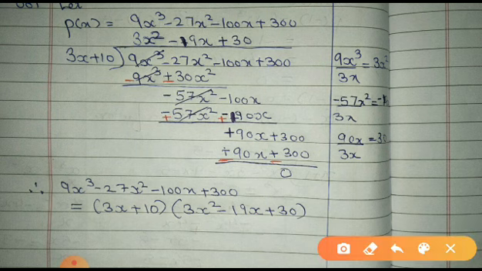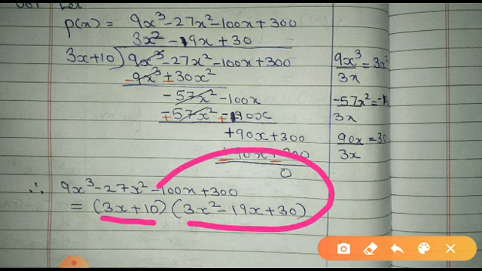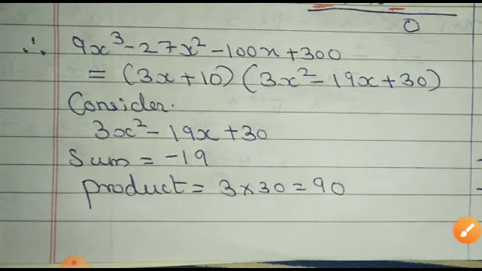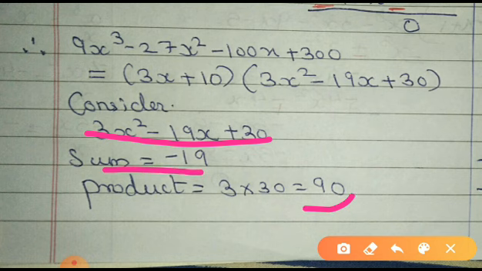Okay. Now what? One factor is given this. We have to factorize the quadratic polynomial. Now here, what is the coefficient of x square? Coefficient of x square is 3. That means I cannot write direct linear factors. I have to simplify anyhow. Okay. So what is the sum and what is the product? I'll be considering that particular polynomial. So sum is minus 19 and product is what? It is 90. So whether 9 into 10 is 90 and 9 plus 10 is 19?